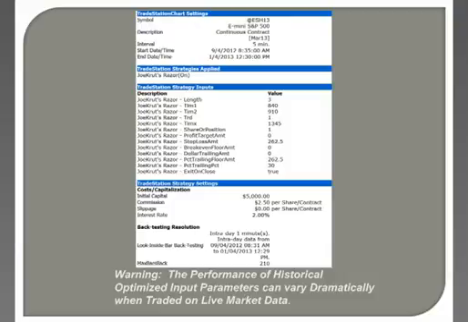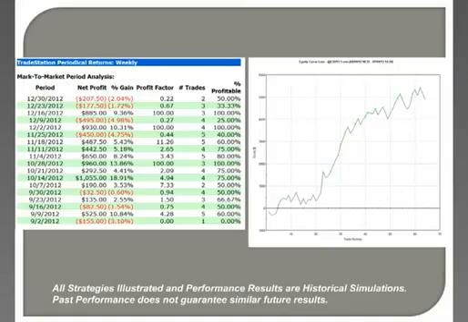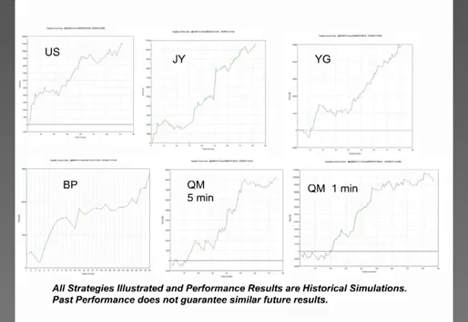It uses a 262.50 stop, and once it makes 262.50, it risks 30% of the profits. So that's kind of interesting. And then this shows you its equity curve, which is a lot closer to that 45-degree line. Now, not going through a bunch of markets, but here's 6 other markets that are not indexes. This is the bonds, the yen, mini gold, British pound, 5-minute mini crude oil, and 1-minute mini crude oil.